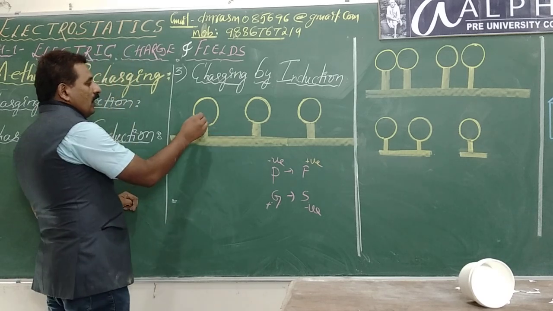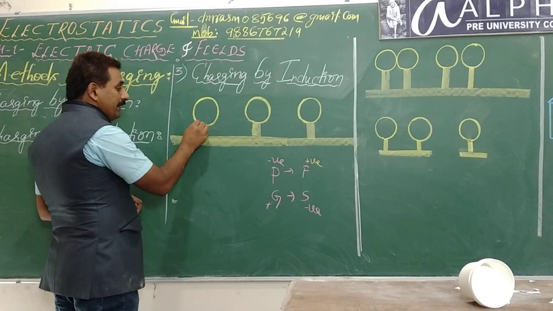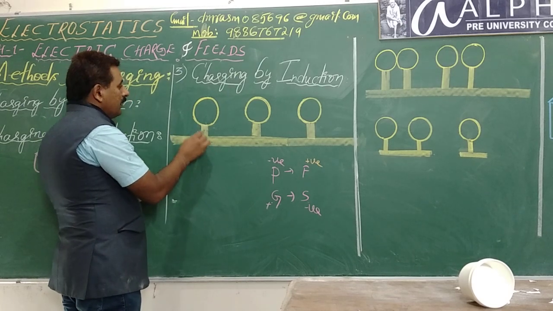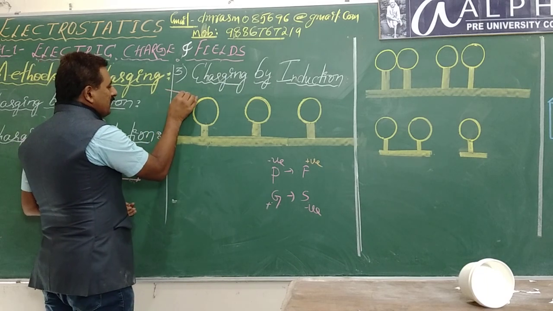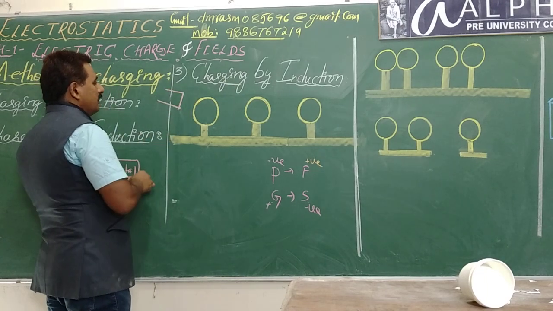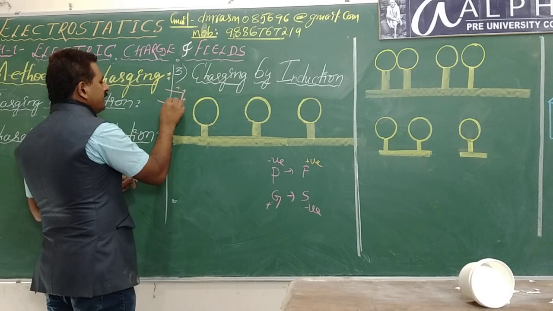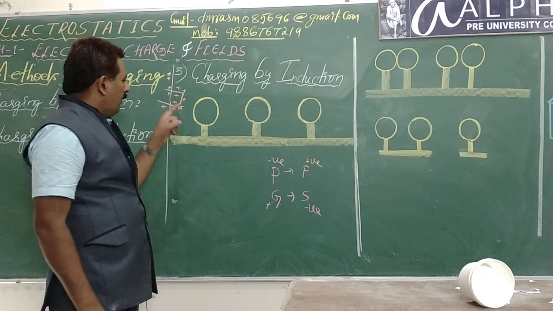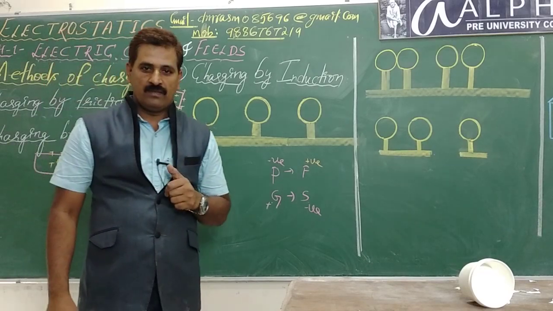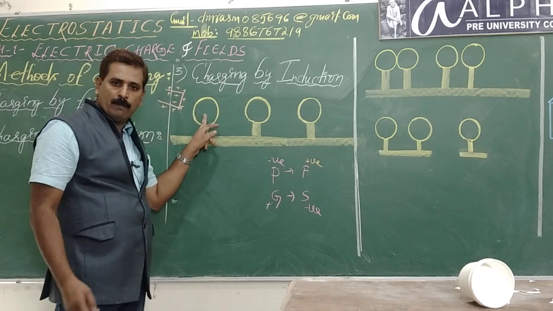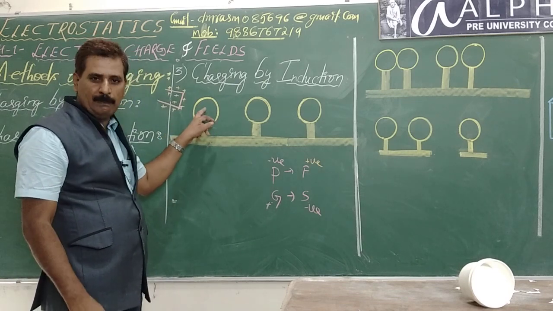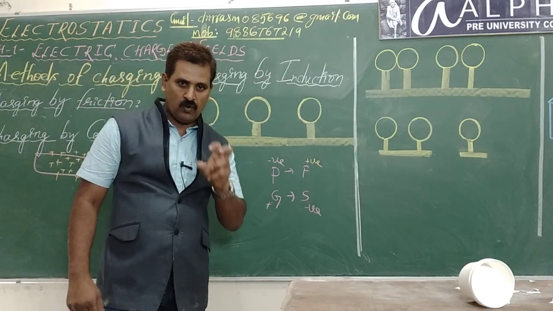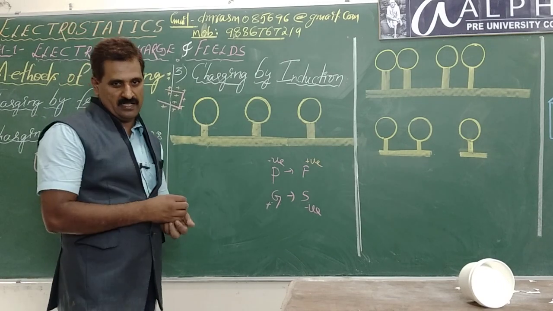This is how it's been explained in your NCERT book. See, this is a spherical conductor, a sphere, supported by an insulating stand and base. Now you bring a positively charged body. What happens? You have learnt in the previous two videos that a positive charge attracts negative charge. What is this sphere? A sphere made up of atoms and molecules. If it is a copper sphere, it is made up of copper atoms. They contain protons and electrons. Protons are positively charged, electrons negatively charged.